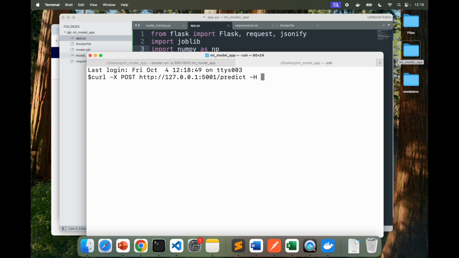So what headers do I need? Usually I pass the content-type as application/json, and then I use the data set that I have in there as JSON with, as I mentioned, we need to send features. So I'm going to say features colon, and inside that I'll give some values.